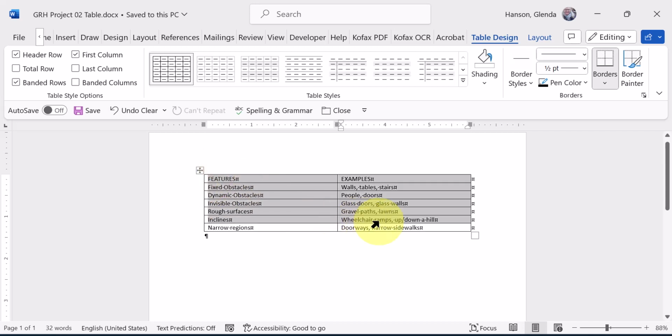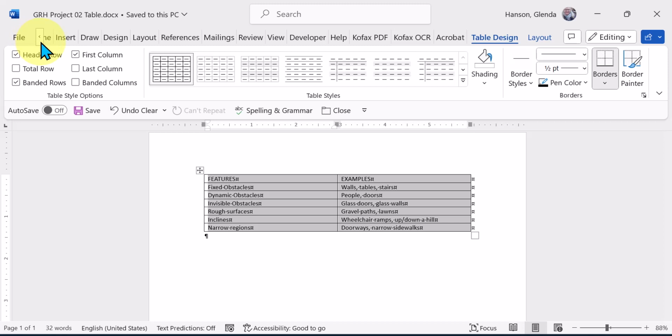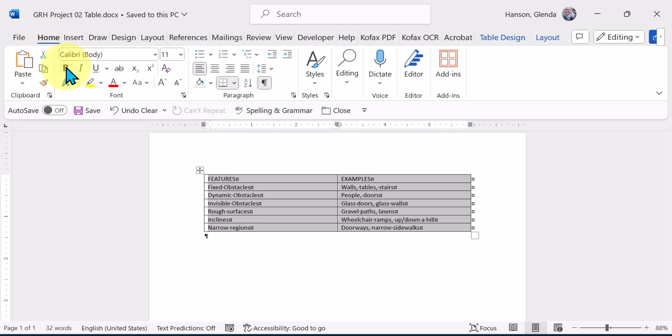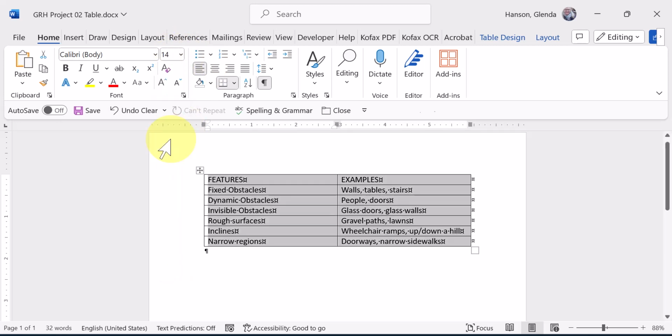So I'm going to select everything and I'm going to go up here to Font, Home, and the font is going to be Calibri, and I want to make it 14 point. And the row height I want to make 1/2 inch. So over here we have 2 features, the table design and table layout. So I'm going to look at table